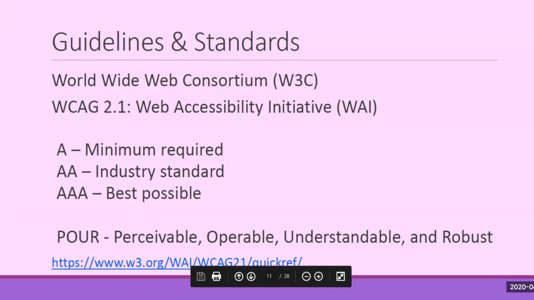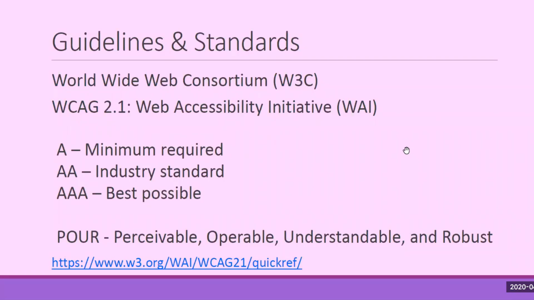And these guidelines are based on the poor understanding. So you want to make sure that your content is perceivable, meaning that it's available in multiple formats. It can be perceived by non-sighted or non-hearing students, by colorblind students, that your files are operable, they're usable and